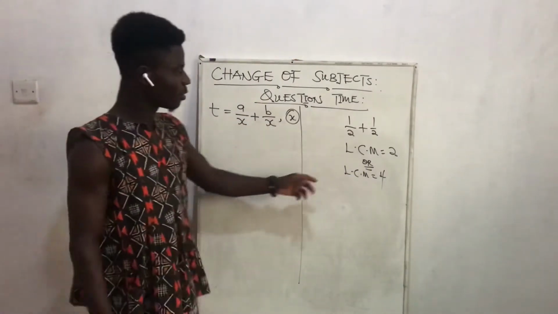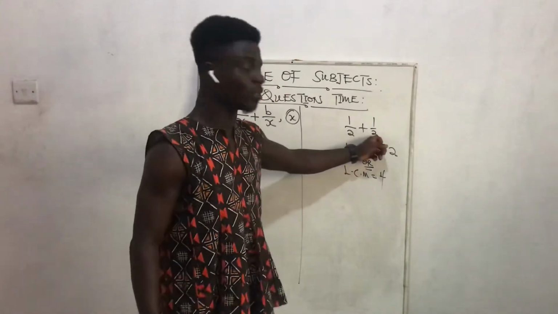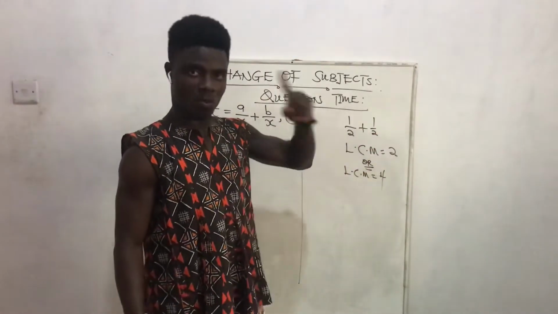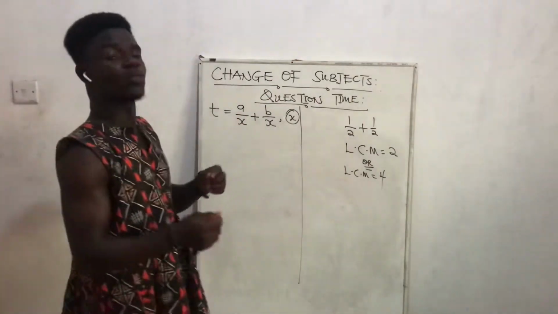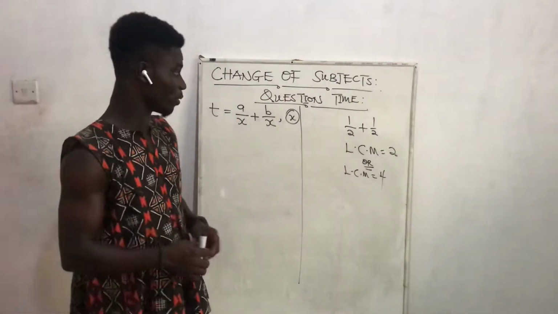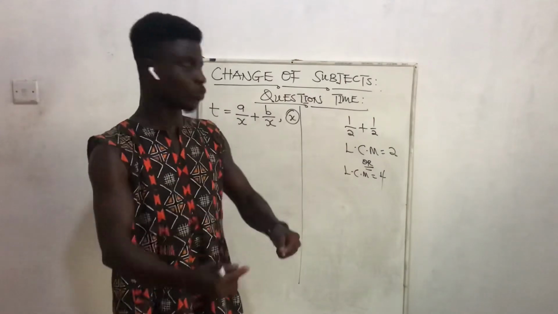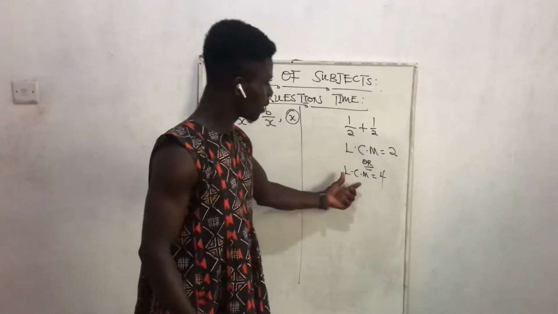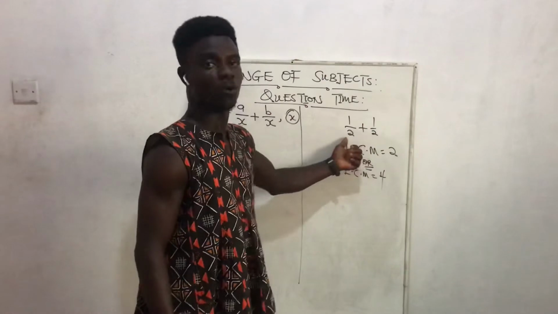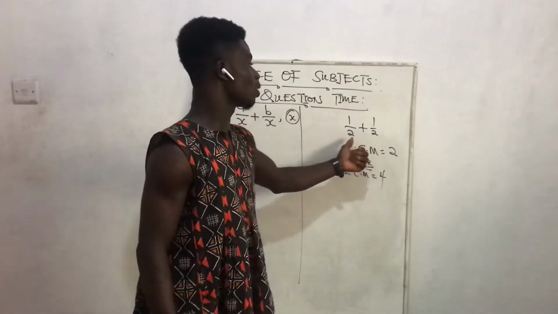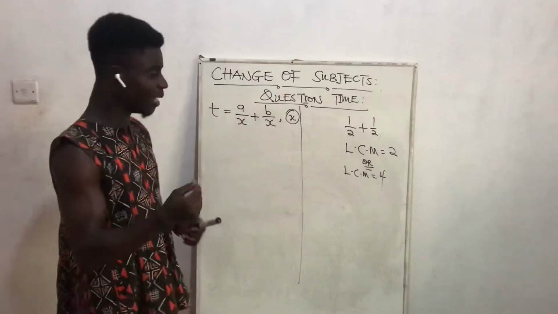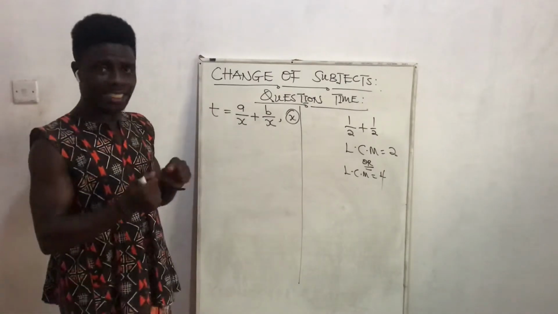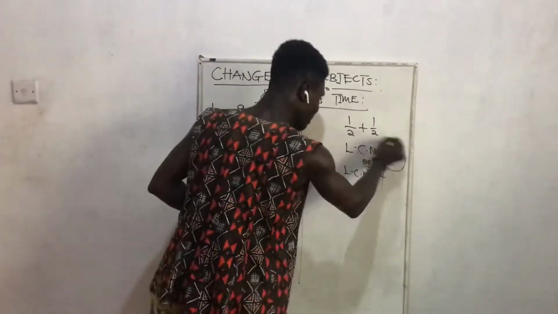Why? Because, why is it 2? Because 2 goes into itself how many times? 1. Do you understand that? So 2 goes into itself how many times? 2 times, sorry. 2 goes into itself 2 times. Then here, you can take the LCM to 4. Somebody can choose to multiply 2 times 2. But when you check the LCM, the least common multiple, the answer should be